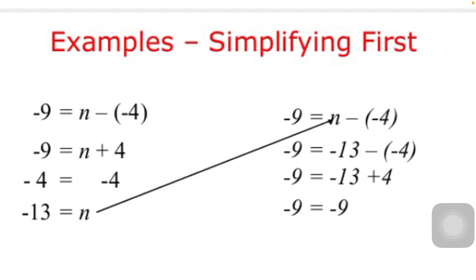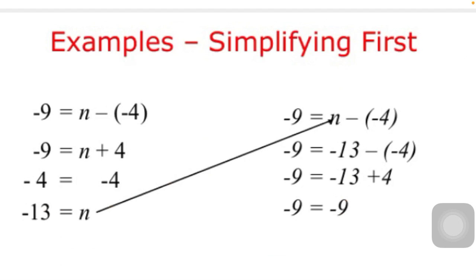Why do we do that? Because when we add n plus 4 minus 4, it will give us n, since we have to find the value of n. So here what we'll do is subtract 4 on both sides. You can see in the third step, minus 4 on both sides, then only it will give us the value of n, that is minus 13.